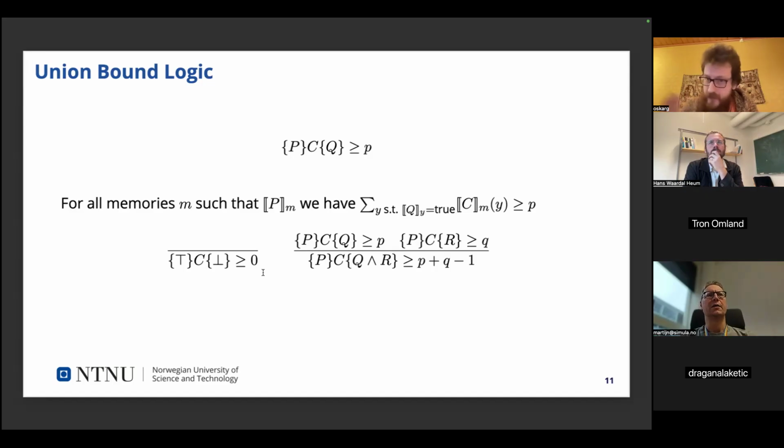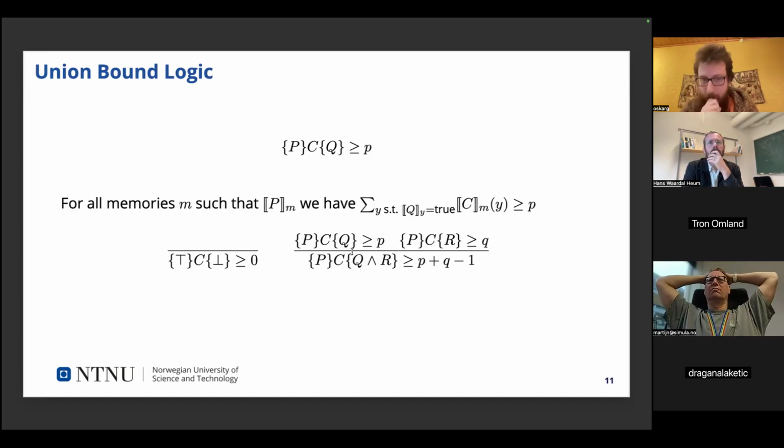And like I said, there are a bunch of other rules that you can derive from this. This does get a lot more complex than regular Hoare logic. I don't believe that union bound logic is proven to be relatively complete, for example. You can always add more rules, also just for convenience, because sometimes you want a rule that's more of a special case or closer to the reasoning you want to be doing, instead of having to stack a bunch of these rules on top of each other every time.